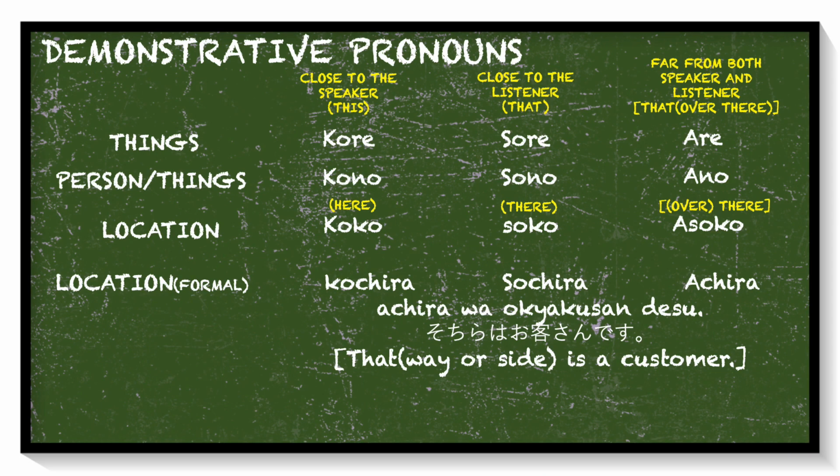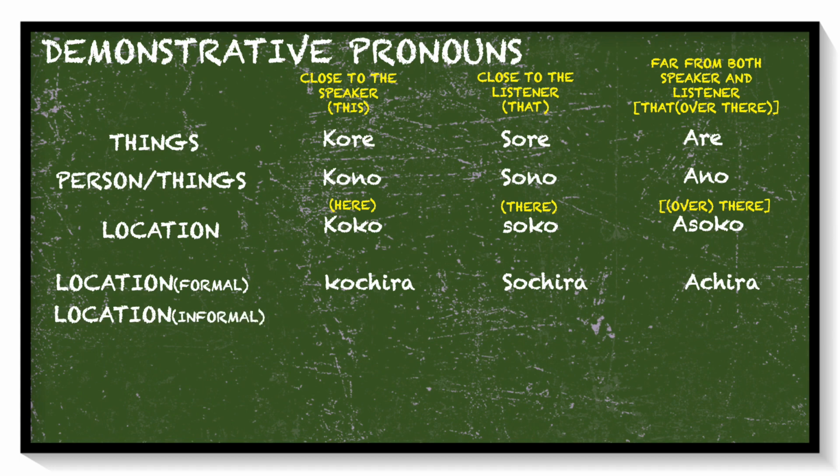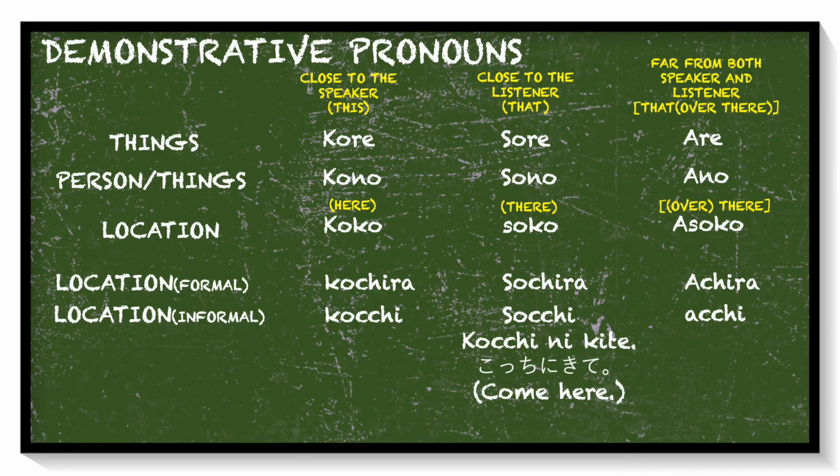Then, if you are talking to your friends or someone lower than you, you can use the informal way. こっち、そっち、あっち. For example, こっちに来て。